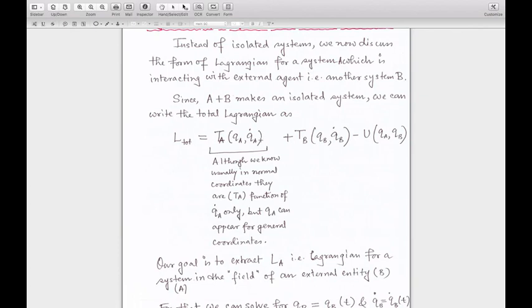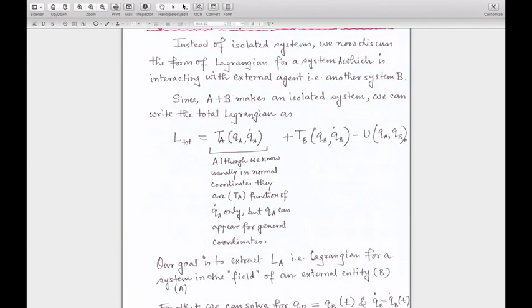Here I am just writing the representative generalized coordinates and velocities, which can be multi-dimensional. For brevity I write just Qa and Qa dot; they can be Qa1, Qa2 and Qa1 dot, Qa2 dot. Plus Tb, the kinetic energy of B,